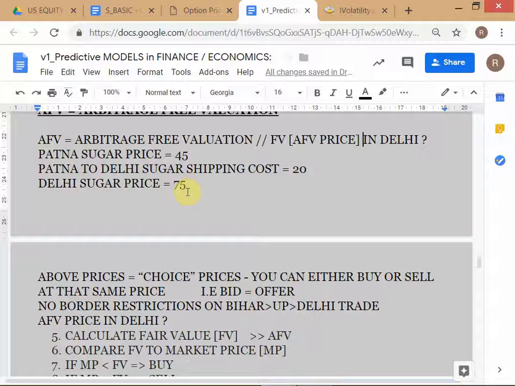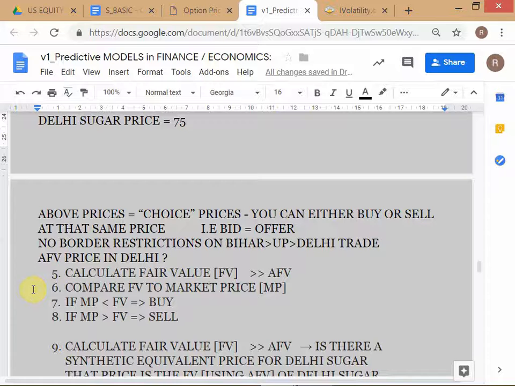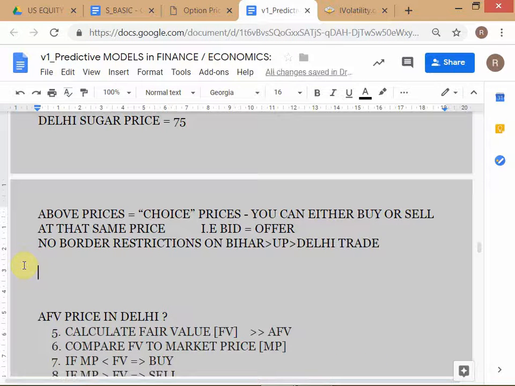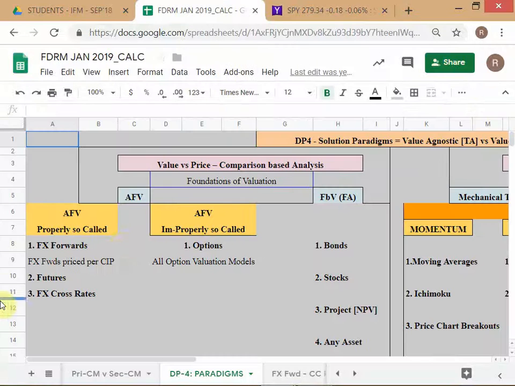Okay. All right. So the first question is, let's restate the question in this way. Here it's written like this. Let's put it this way. Question 1 is to buy or sell Delhi sugar. Is this clear? Delhi sugar is the market you're looking at, whether to buy or to sell. We go right from the very basics. Now this is your decision problem, to buy or to sell.